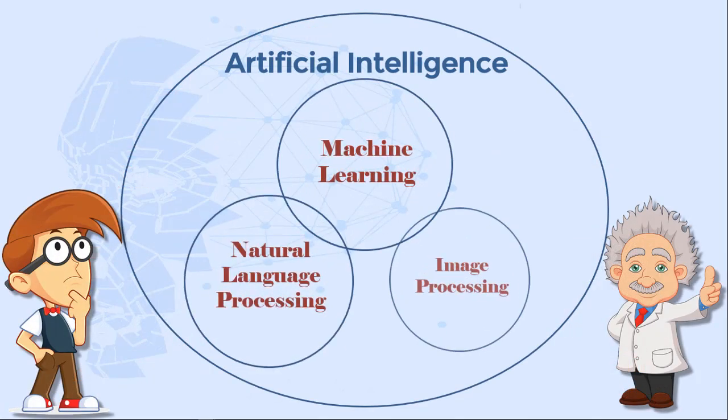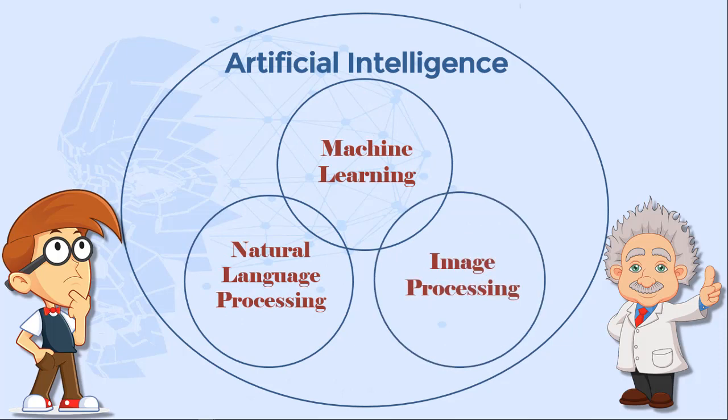Therefore, students taking this specialization track will be taught the concepts, tools, and techniques to simulate human intelligence processes by machines, especially computer systems. So I'll now be presenting to you the electives that you will be enrolling in in order to complete this specialization track.